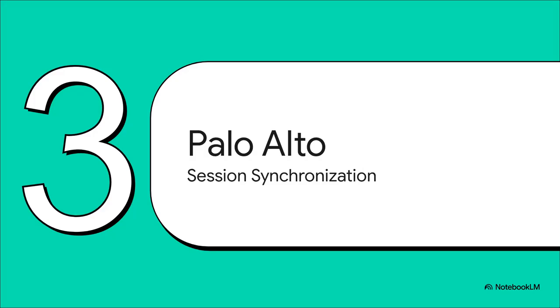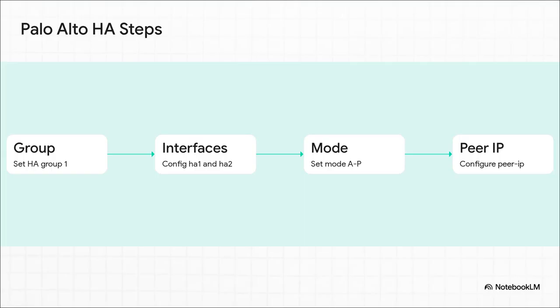Moving on to Section 3, Palo Alto Session Synchronization. Now, when you jump over to set up HA on a Palo Alto appliance, the command line process feels a bit different. The secret sauce here is really configuring the HA1 and HA2 interfaces. By physically separating these interfaces, Palo Alto allows the firewalls to sync control plane data, things like routing changes and